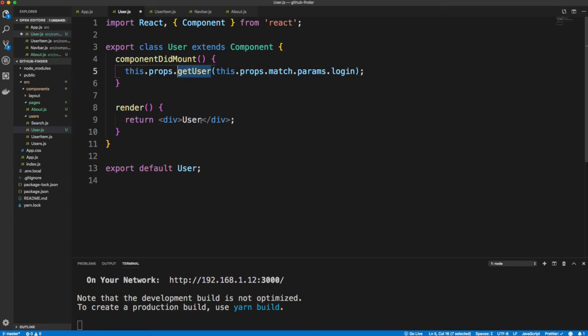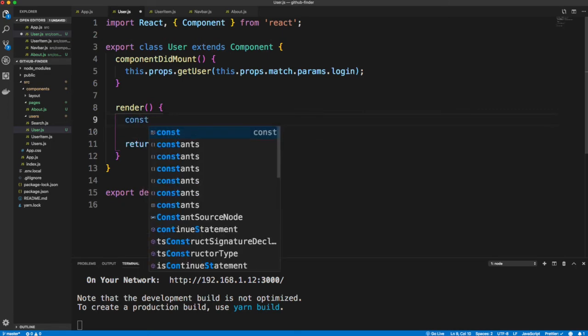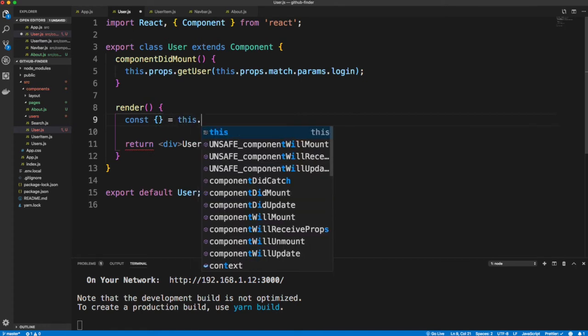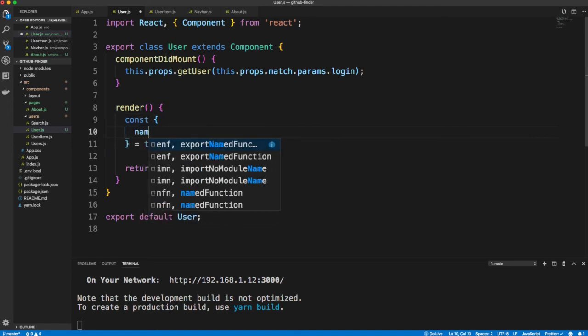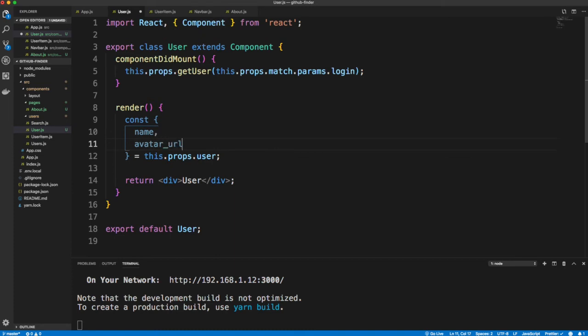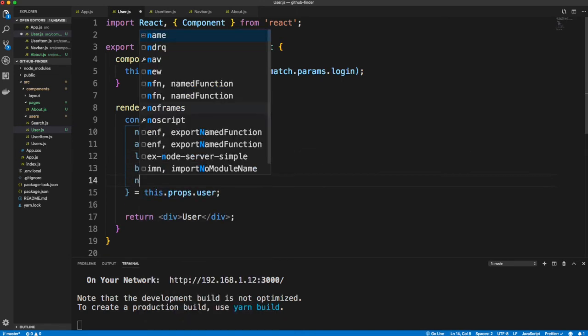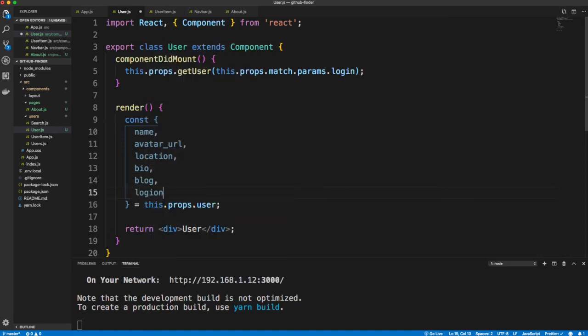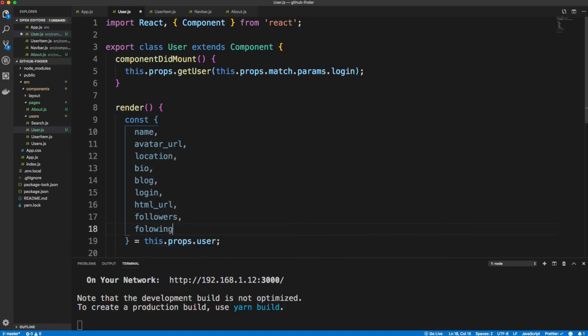Trying to think of how I want to do that. Let's actually pull out all the data we want from this.props.user, because remember, user is getting passed in as a prop. So within the render, before the return, I'm going to say const, and let's pull this stuff from this.props.user. So we're going to take the name, avatar URL, location, bio, we'll get the blog, the website, login, which is the username, HTML URL, which is the actual GitHub profile link, the followers, following,